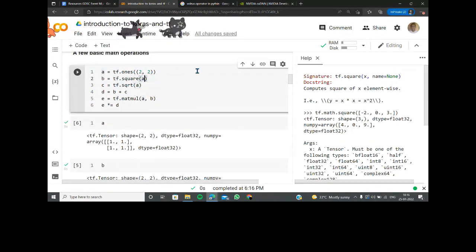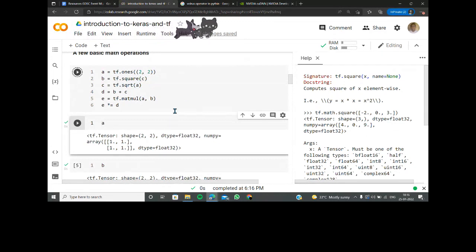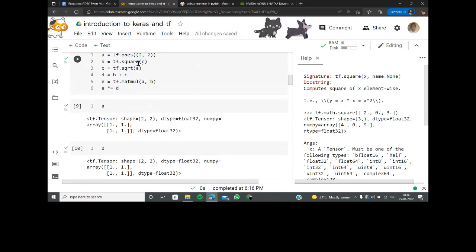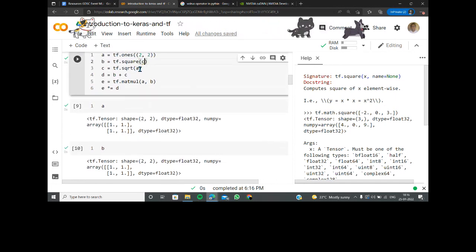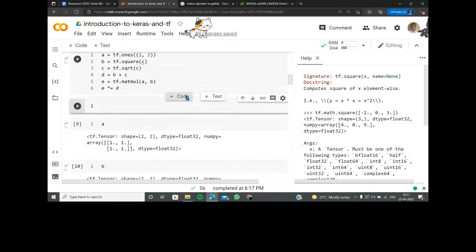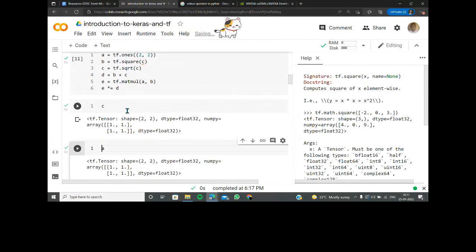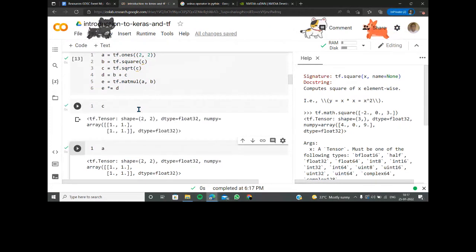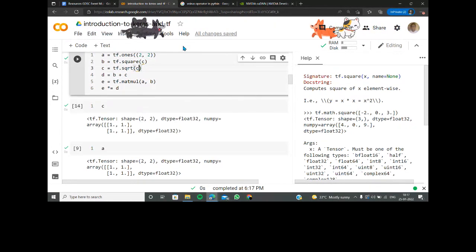Square root of C. C has already been assigned because I had already run it. So if I just do A, B, C, all right. Square root of A is going to be 1. Square root of B is going to be 2. So let's just do C only. Square root of C, and let's see what the value of C is here. C is going to be some float value to some extent. Square root of C is going to be this. Let's see the magic of it. All right, square root of C is also okay.